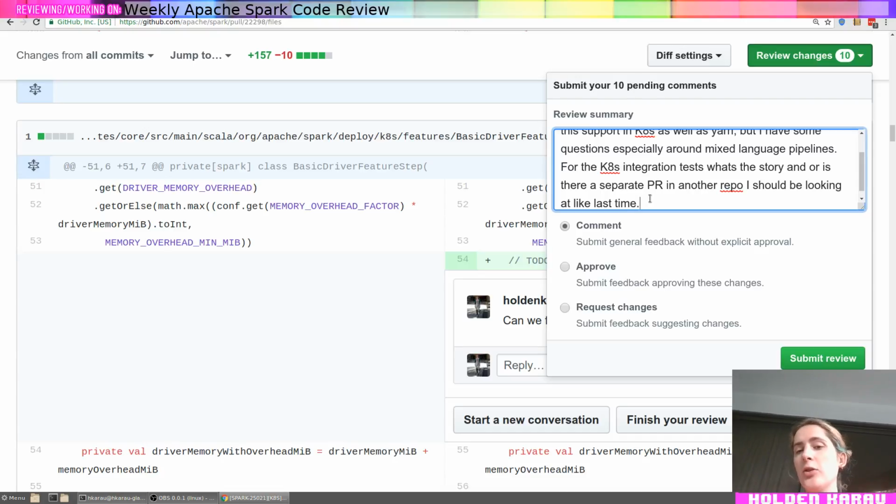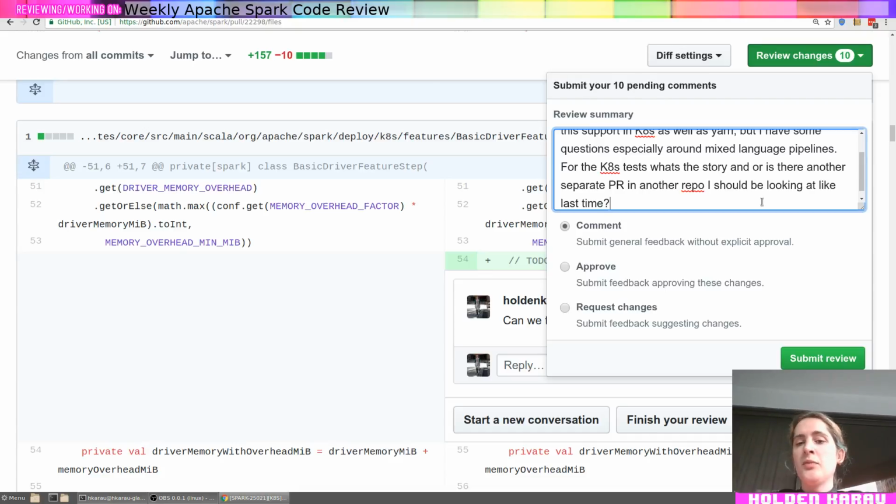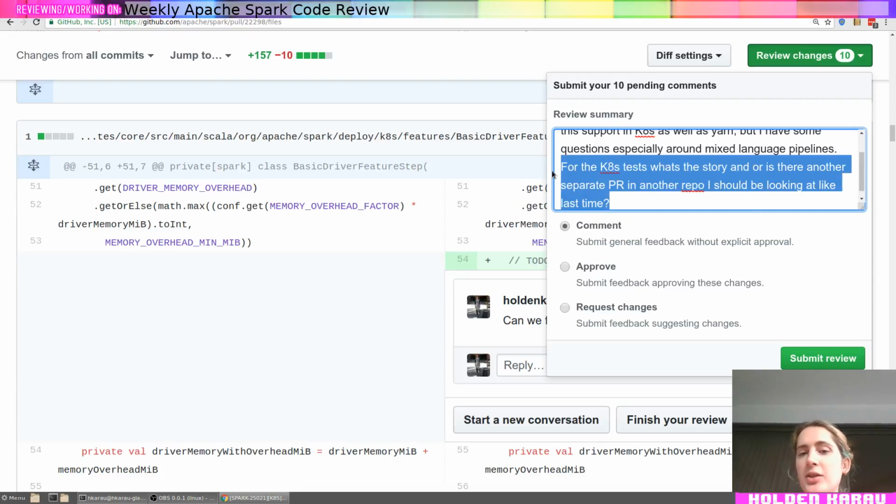So unfortunately, the Kubernetes integration tests haven't been fully integrated into Spark. And I just want to know if this is all of the tests, and that's like not bad. This is pretty good test coverage from a first glance perspective. And if that's the case, I'll dig deeper into the test coverage here. But if there's a second PR with more of the tests in it, because the Kubernetes tests live in a second place, the integration tests are in the PR. Well, okay, that's fine. In that case, I guess I'll dig into this a little more.